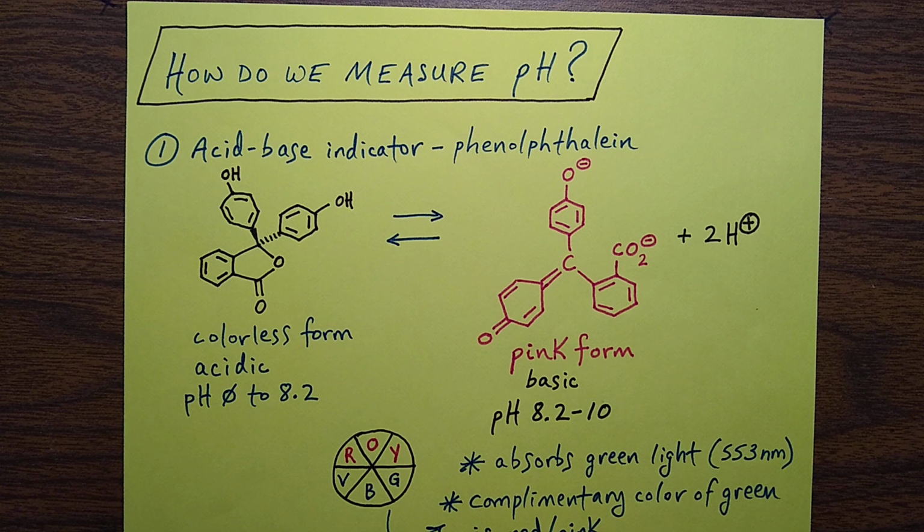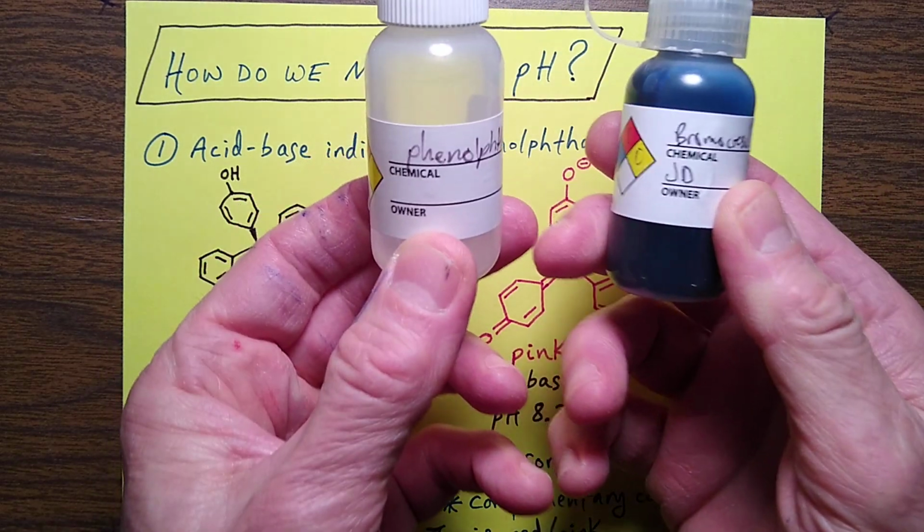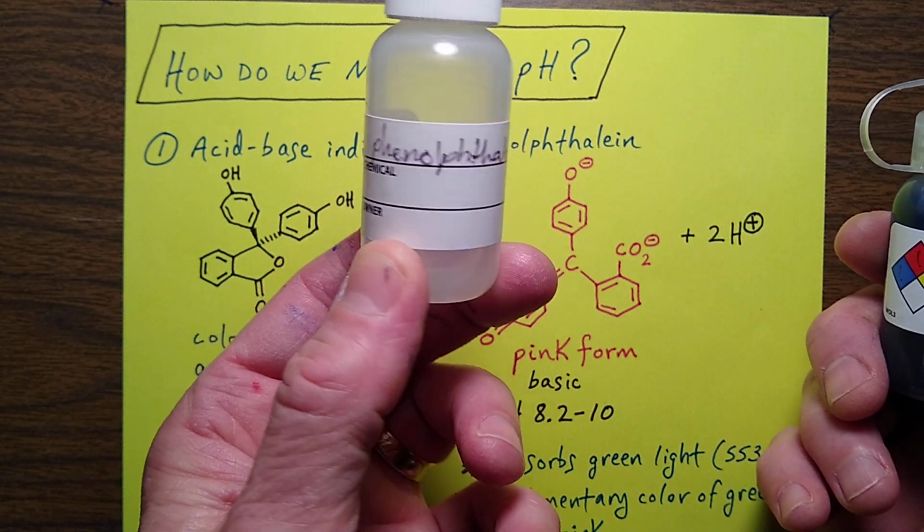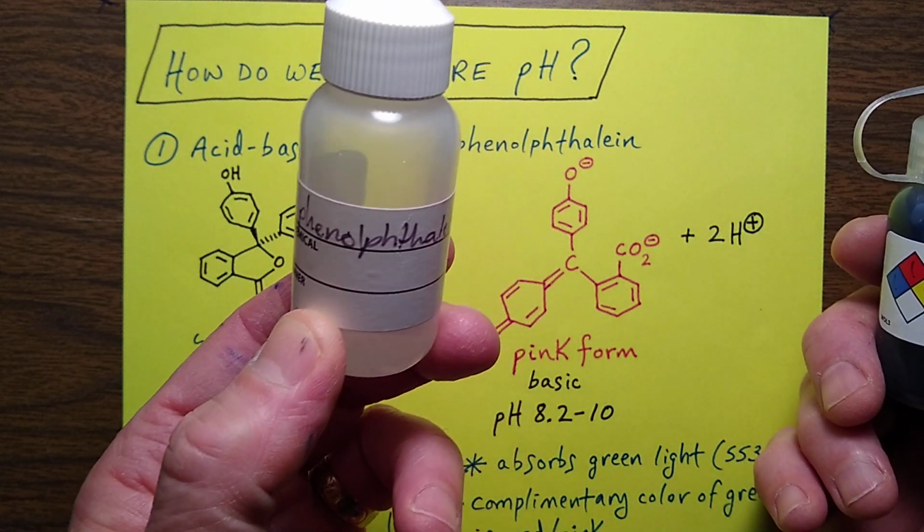Going back to how we measure pH, we have a qualitative way to do it, that is just looking for color changes. We use these things called acid-base indicators. They usually come in these little bottles we use in the laboratory. This is phenolphthalein. You should watch the other video I put